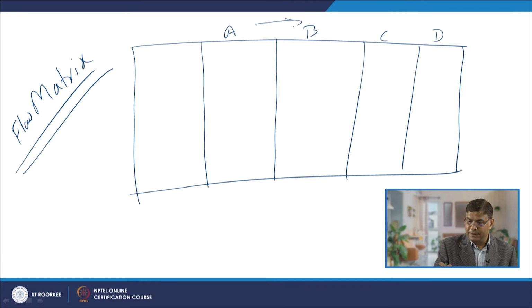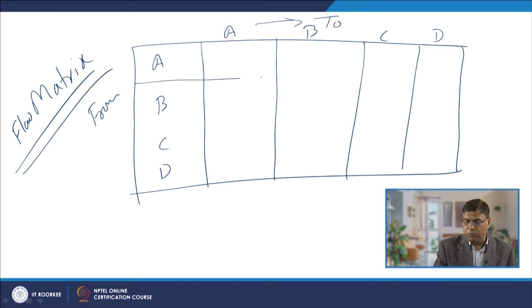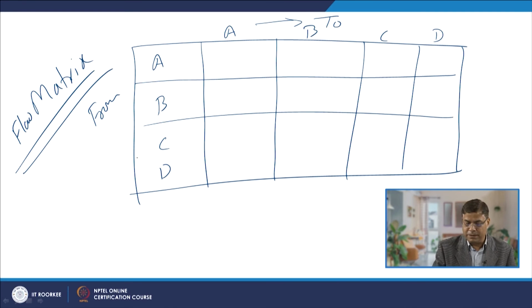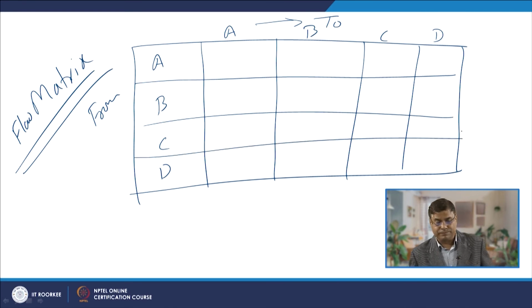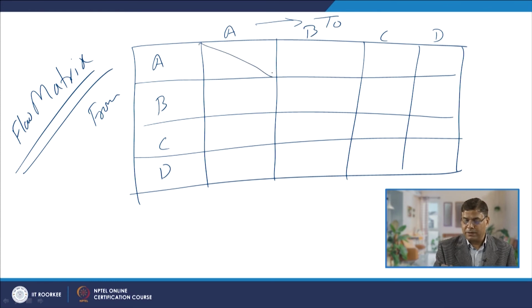So, these are the work centers where the movement is occurring. We have say A, B, C, D. So, there are 4 work centers and we want to understand the extent of movement between the work centers. Obviously, the A to A movement is not there, B to B movement is not there, C to C movement is not there, and D to D movement is not there. And it is immaterial whether we are moving from A to B or B to A.